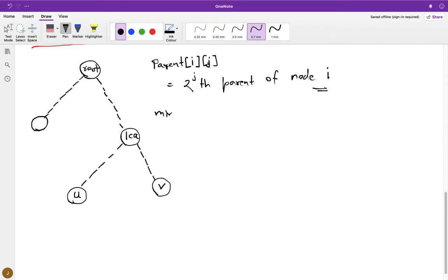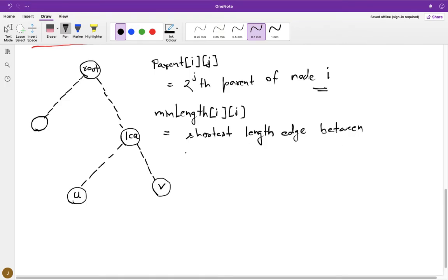One is, let's call it min length. It's a 2D array where min length[i][j] will represent the shortest length edge between node I and its 2 power jth parent.